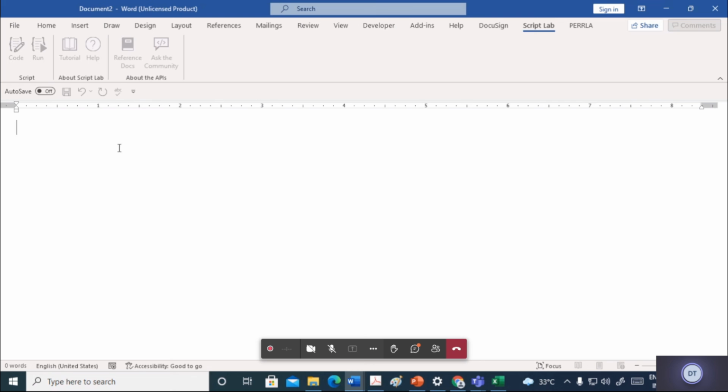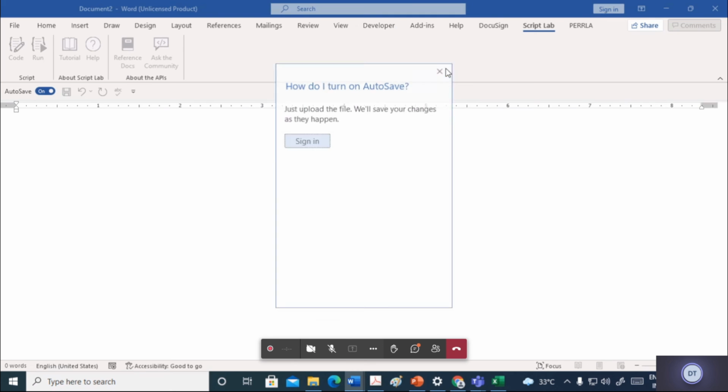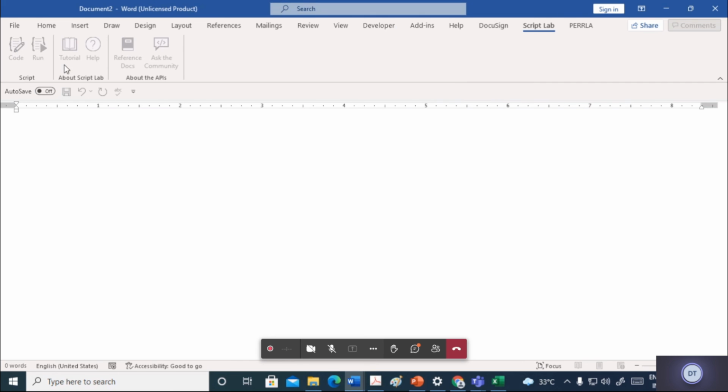Anyway, this is still disabled. It allows you to run JavaScript, JScript, and JSON objects inside the Word document. That is regarding the scripts. You may try to write down this script using Script Lab. It will allow you to run the scripts. You can copy the code in the Word document and then run it as a script.